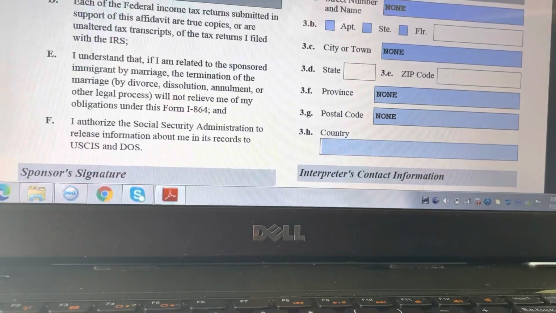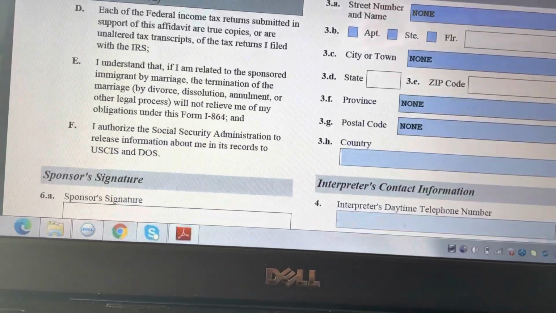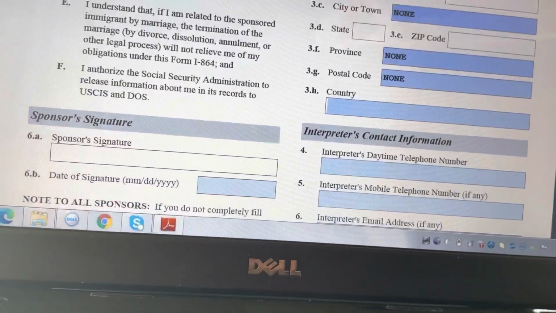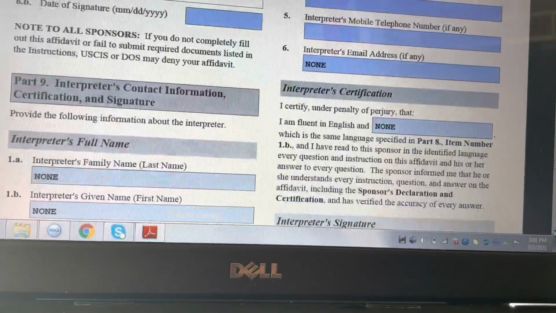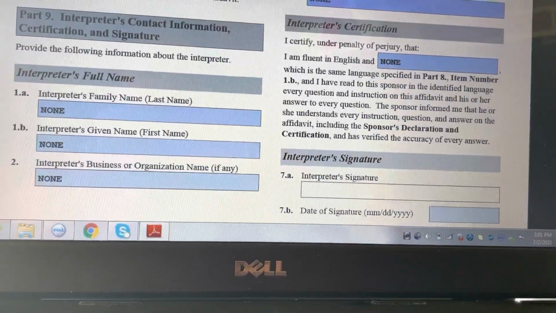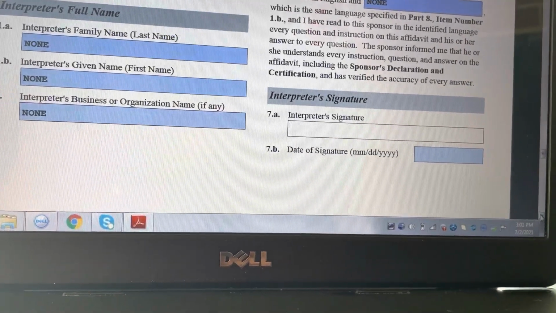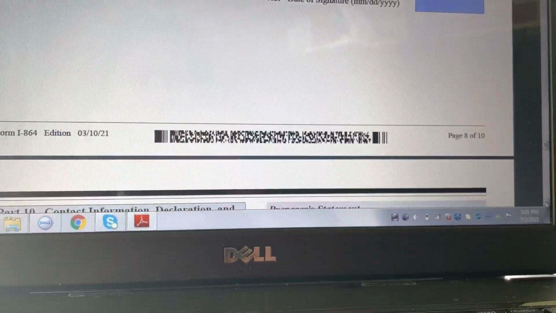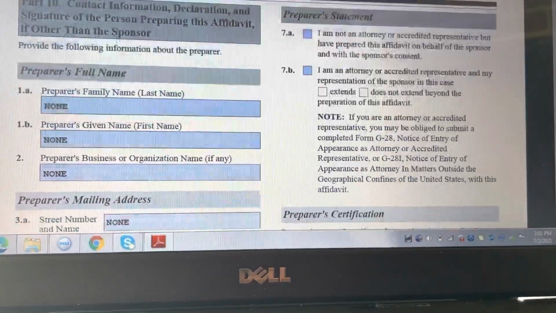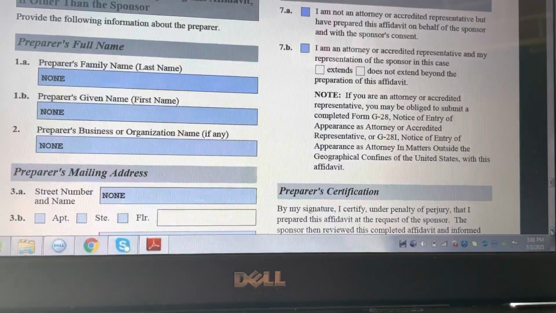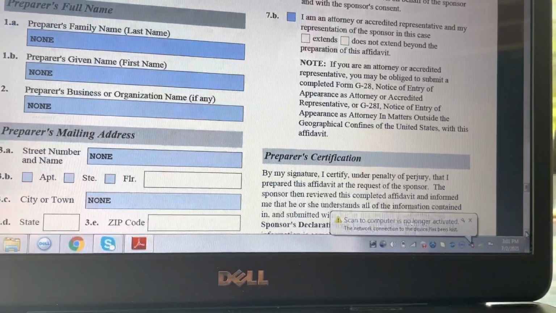This is a continuation. So interpreter, since you don't have an interpreter, just put none there, or just leave it blank. Okay, sponsor signature, just leave it all blank. Interpreter's email, just leave it blank. Interpreter certification, none. Interpretation, all of that, just leave it blank, or just type none in there. Okay, part 10, contact information, declaration, signature of the person preparing this affidavit, if other than the sponsor. If somebody is preparing this form,